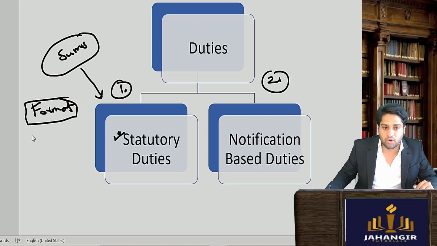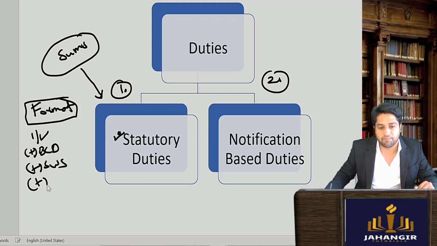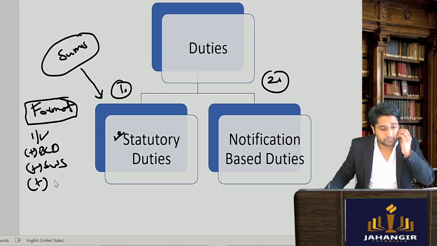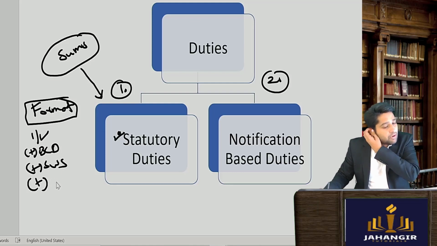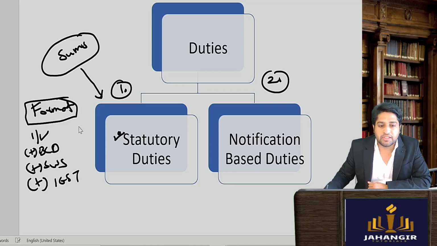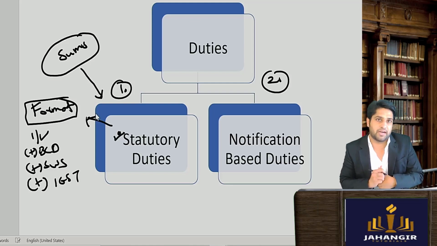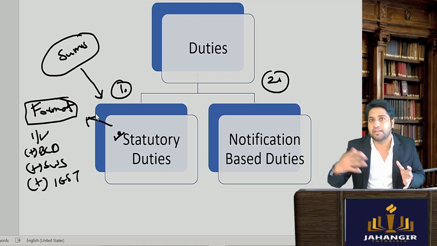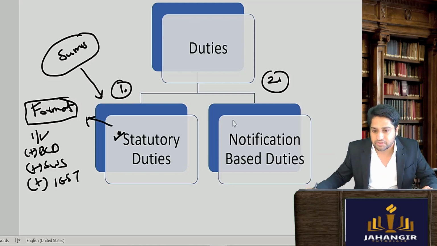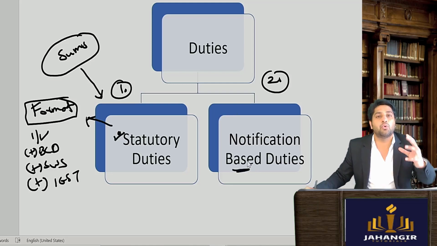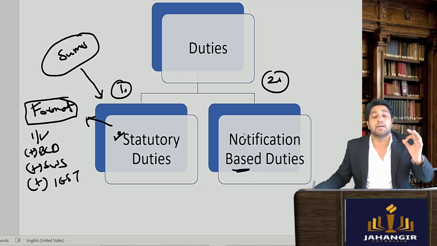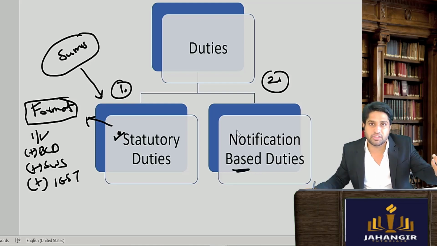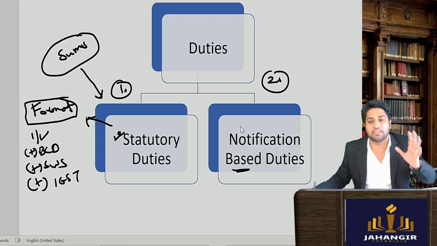So they will come, what is the invoice value plus basic custom duty plus social welfare cess, plus certain taxes, which we will see all of this, IGST, etc. So they've given you a certain format. I'm calling it the statutory duties. That is how you move ahead. This we will be doing in the later part. Then come some notification based duties. Notification based duties means what? The government has issued a notification, and with this notification they are levying this duty.